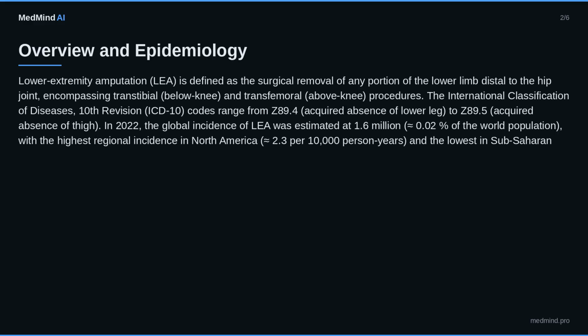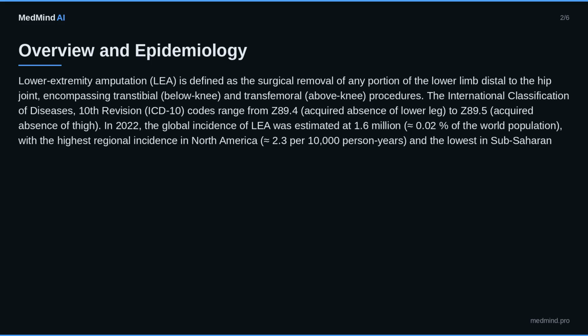Overview and epidemiology. Lower extremity amputation, LEA, is defined as the surgical removal of any portion of the lower limb distal to the hip joint, encompassing transtibial, below knee, and transfemoral, above knee, procedures. The International Classification of Diseases, 10th revision, ICD-10, codes range from Z89.4, acquired absence of lower leg, to Z89.5, acquired